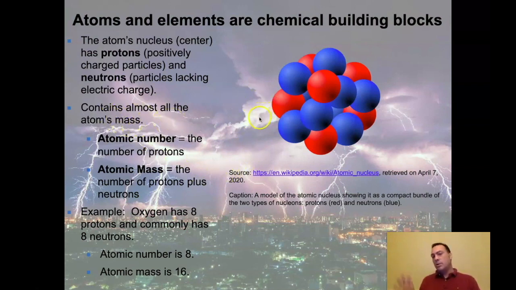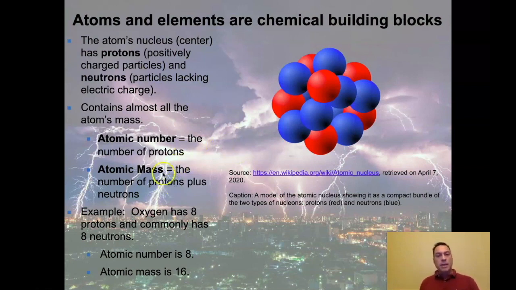We're going to get into electrons in a moment, but the electrons have almost nothing to contribute in terms of the mass. It does have mass, but it's very, very small. So the atomic number of the atom itself is the number of protons. So you could come in, you can count the protons. Let's assume that all the red ones we see in here are in fact protons that we can see. So 1, 2, 3, 4, 5, 6. That would make it atomic number 6. Provided I'm seeing all of them, which would make this carbon.